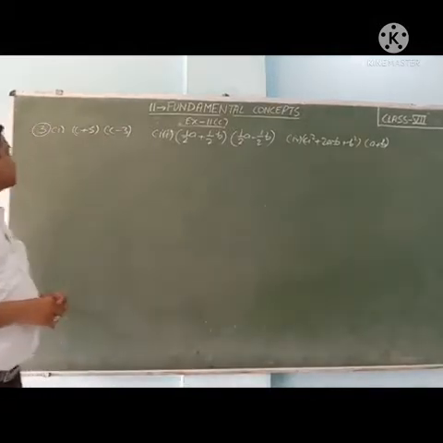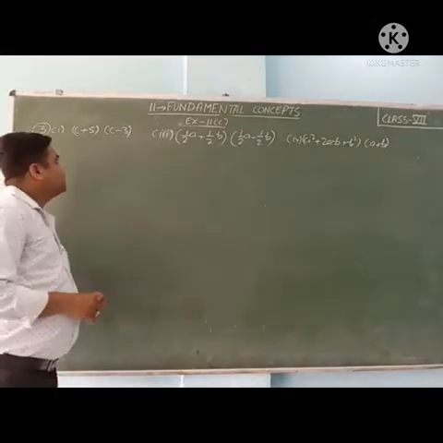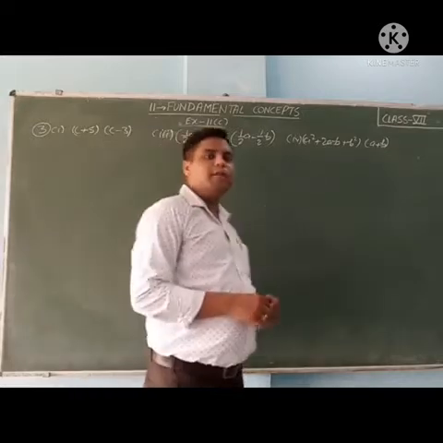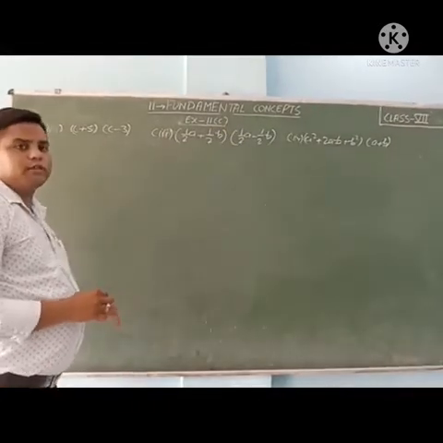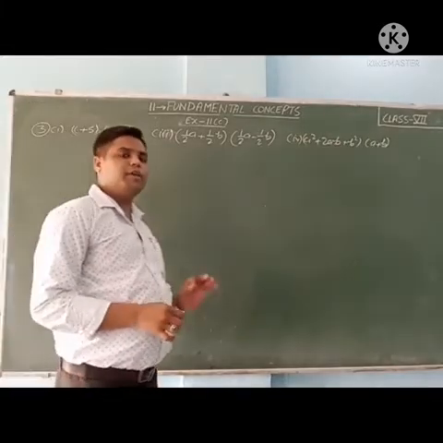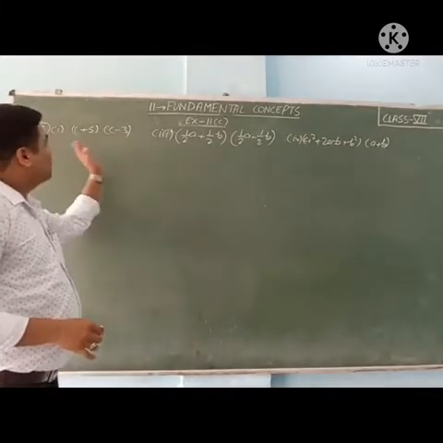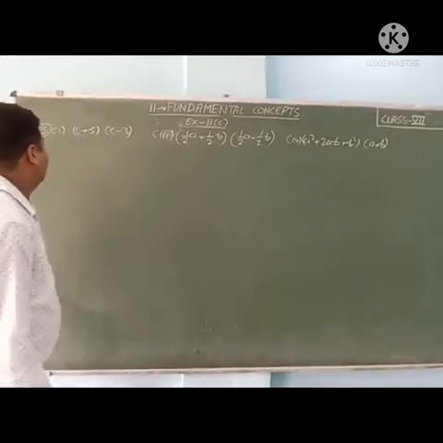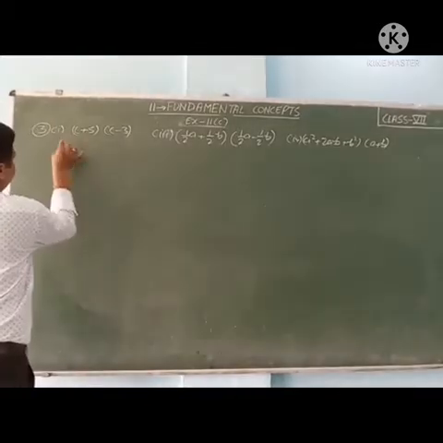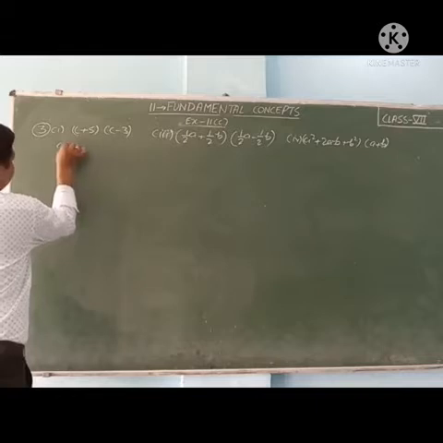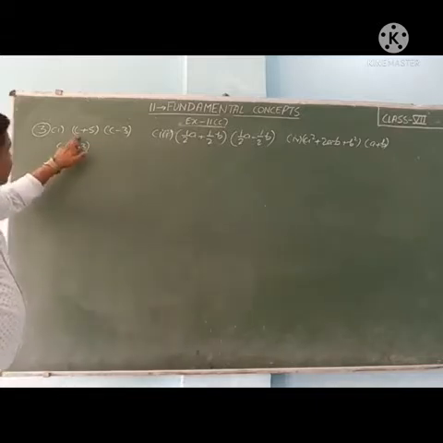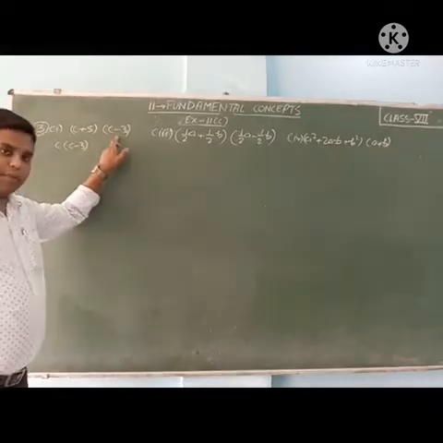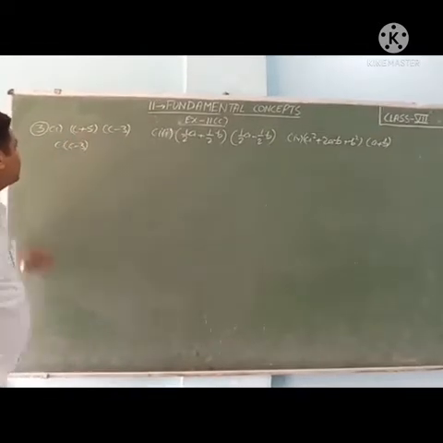Third sum, that is evaluate. So first part is c plus 5 inside the bracket and c minus 3 also inside the bracket. You can see, students, between both the brackets no sign is written. It means multiply. So we have to do the multiply of both the binomials. So see how we will do. First we will write this c. Then bracket c minus 3. First we will write this c, then this complete expression. Then we will write plus 5.